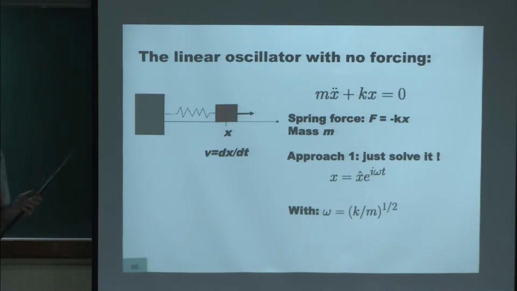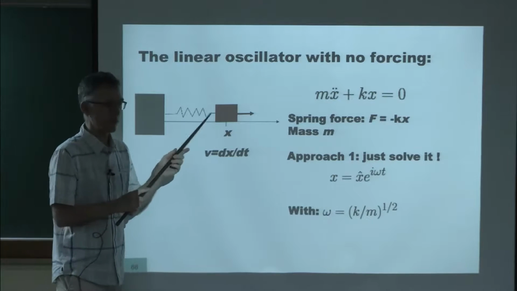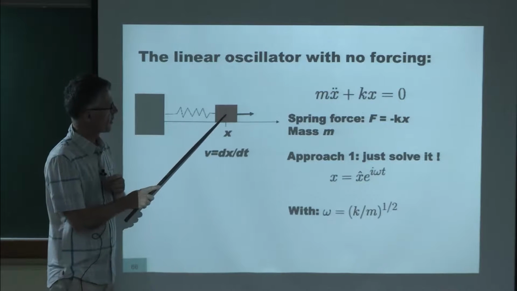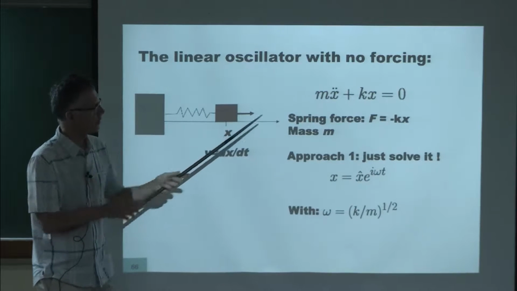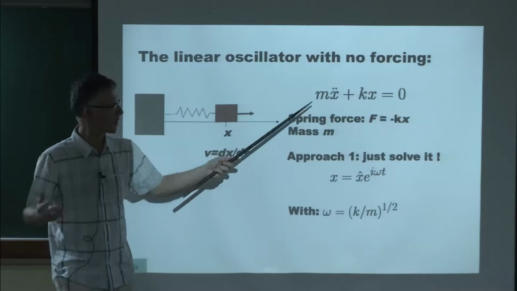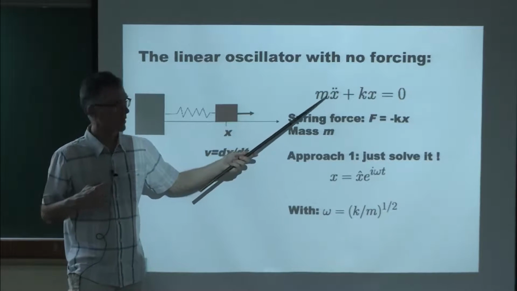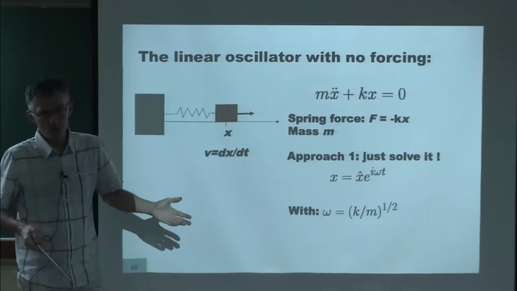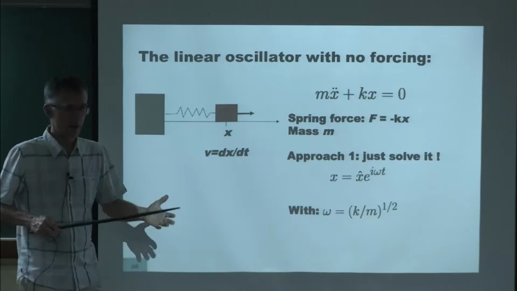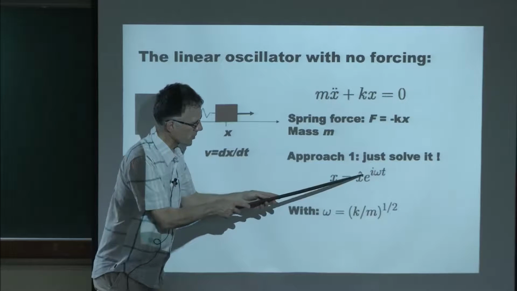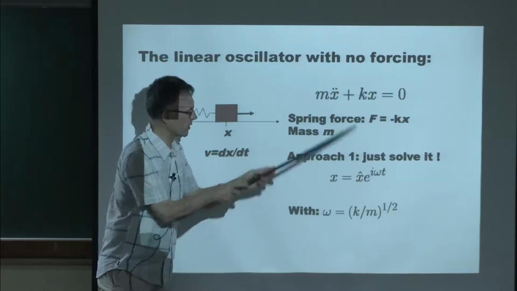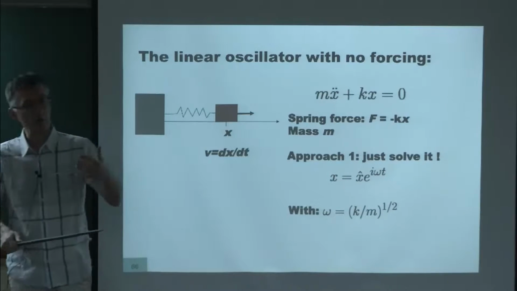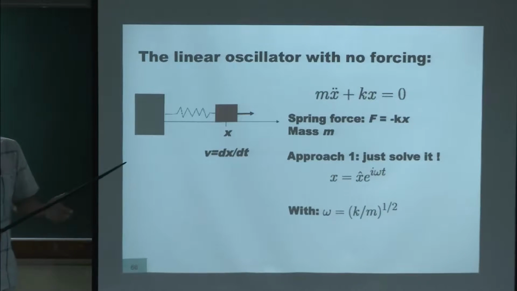This problem, I guess you all know. It's the pendulum or the linear oscillator. You have a spring and an object of mass m, and the big equation, instead of the Navier-Stokes equation, is this one, which we can solve: m times acceleration plus kx equals 0. The first way is to solve it. You plug in the solution, you know it's going to be an exponential, you find the pulsation, and you can compute the frequency and see if it's amplified or not.